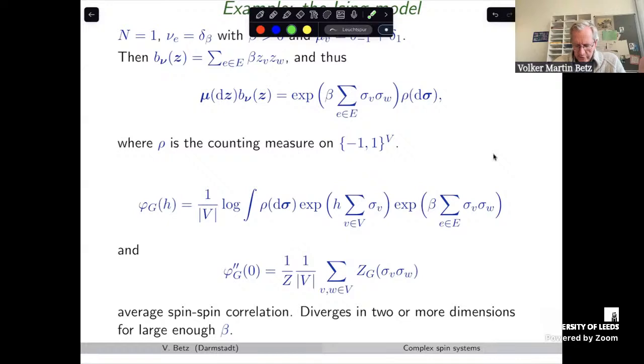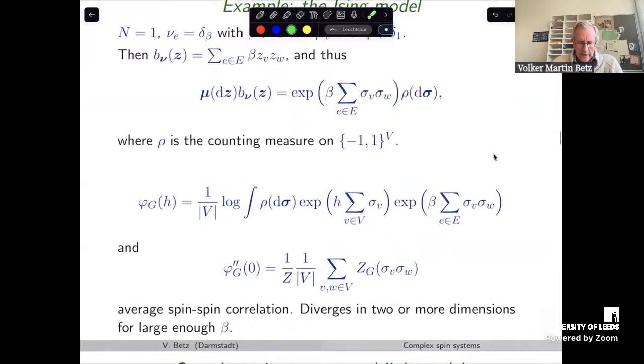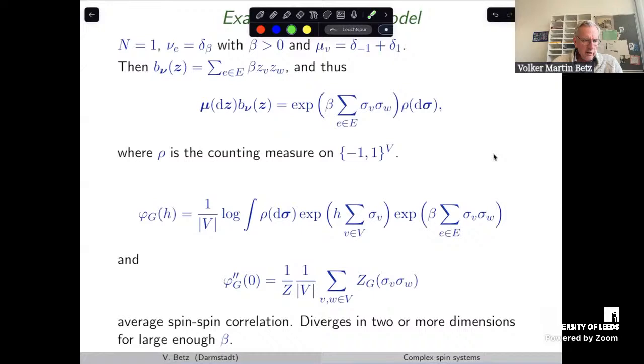And this diverges in 2 or more dimensions if you're in the long-range order regime, and if it's not, it doesn't. So the second derivative diverges if you have long-range order, and that means you are above the critical point, or below, depending on whether you say temperature or inverse temperature, but you're in the long-range order phase, or it does not diverge. So you have this connection between long-range order and